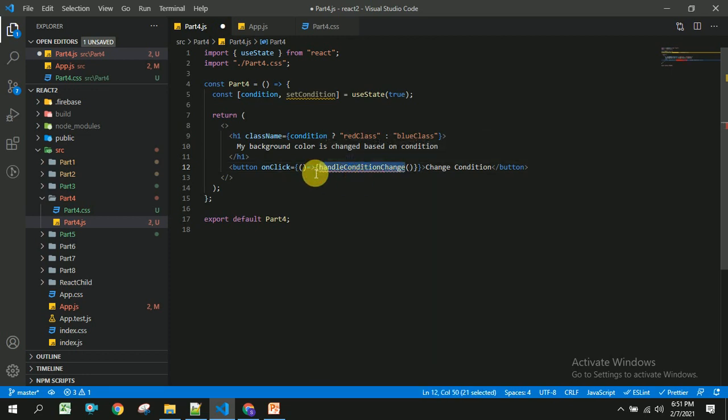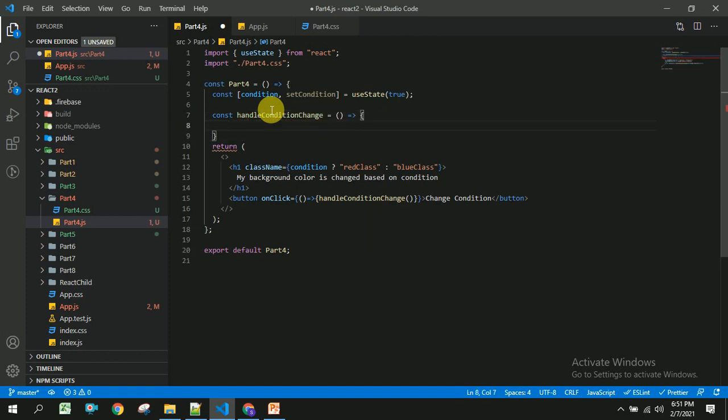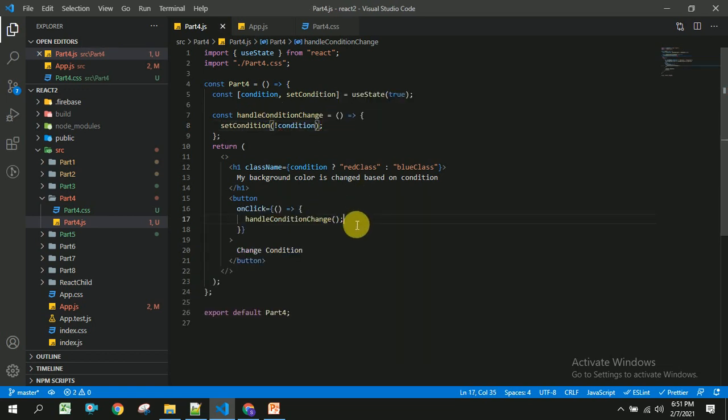I am going to call this method, and I am going to create this method using arrow functions. Here I am going to change the condition: if it is true, I am going to make it false, and if it is false, I am making it true. For this, I am going to use not condition. Yeah, that's it. So once the condition is changed, it will take the blue class, and if it is clicked again, it will take the red class.